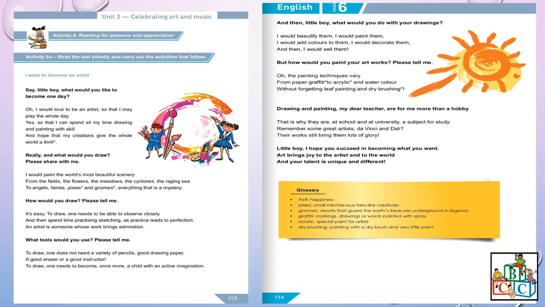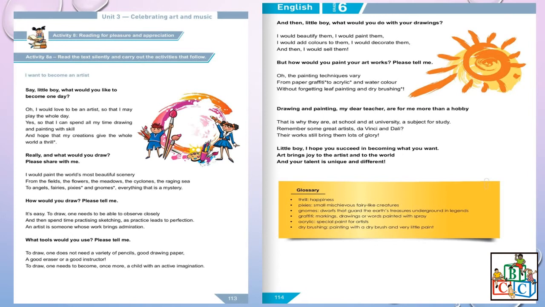Okay, so a person who makes drawings and paintings as part of his work. This is his work, or as a hobby also. As a hobby, I like to paint, I like to make drawings, so I would want to be an